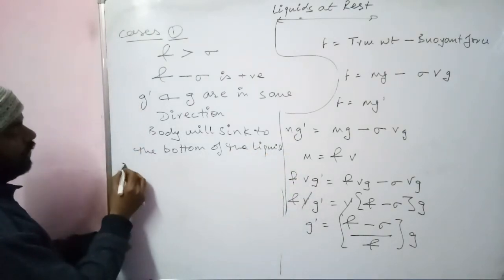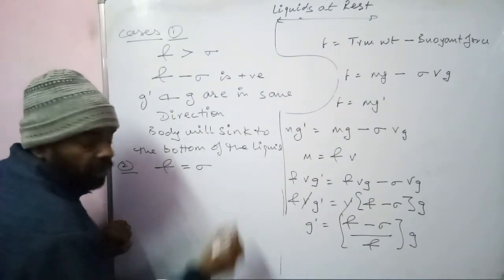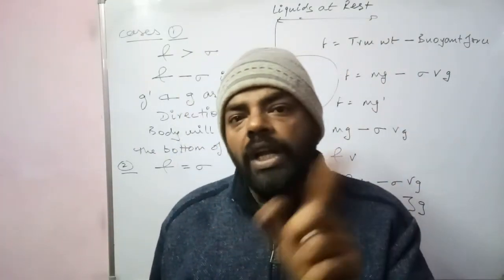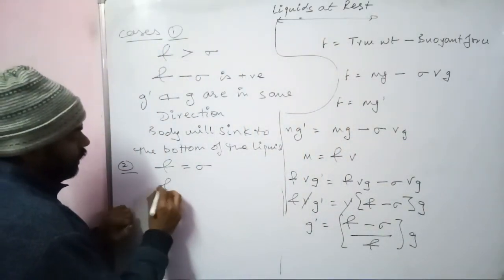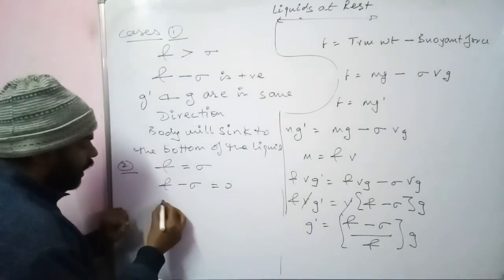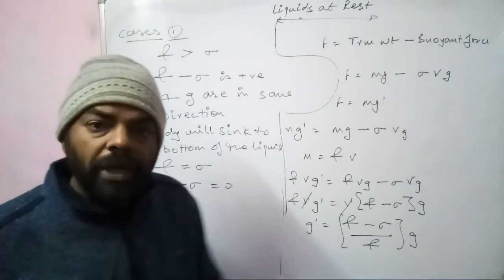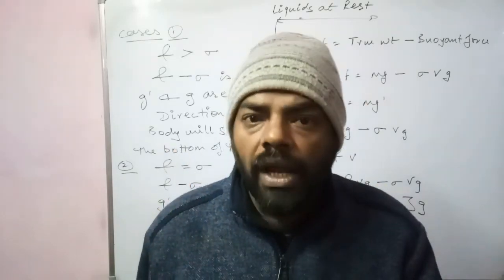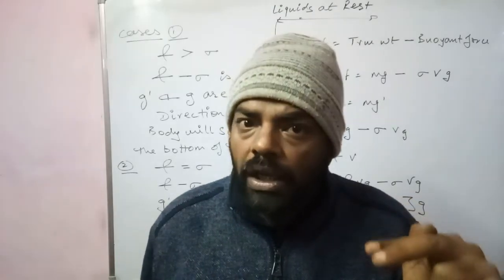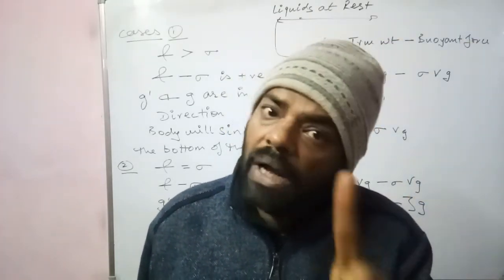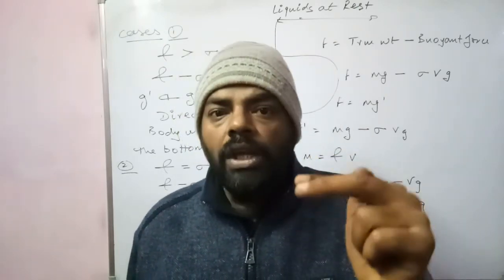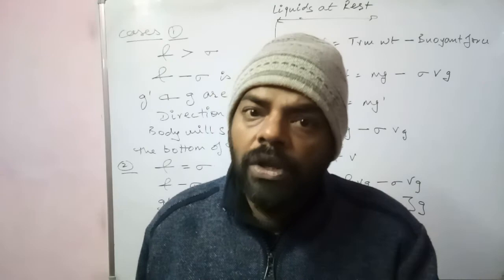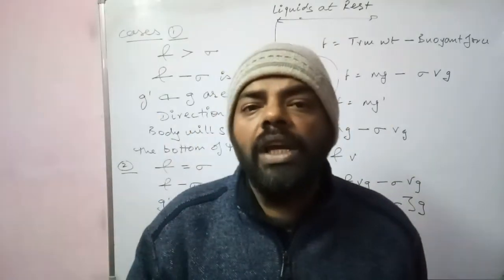Got it, sirs? Now the case second, when this rho is equals to sigma. बेटा इमर्स बॉडी का जो मटेरियल है उसका डेंसिटी और लिक्विड का डेंसिटी अगर इक्वल है तो देखते हैं क्या होता है. This rho minus sigma, it will be equals to 0. In this case, this G dash, it will be equals to 0. तो बेटा अगर बॉडी किसी भी तरीके से अगर पहले कंप्लीटली इमर्स था, तो अब वो बॉडी एक्सलोरेट नहीं करेगा, या तो बॉडी रेस्ट पर रहेगी या फिर बॉडी कांस्टेंट वेलोसिटी से मूव करेगी। बात समझ आ गई? अगर बॉडी पहले मूव कर रही है तो कॉन्टिन्यूसली मूव करती रहेगी, बॉडी अगर पहले रेस्ट पे है तो रेस्ट पे रहेगी। ओके, और यू कैन से कि बॉडी सस्पेंडेड रहेगी लिक्विड के अंदर और फ्लोट करेगी।